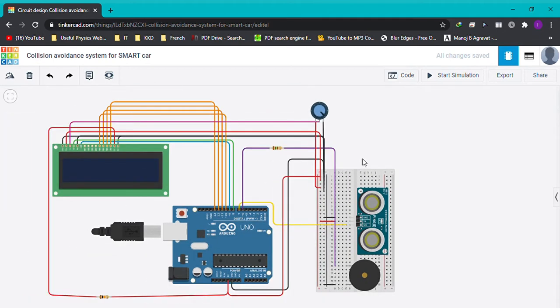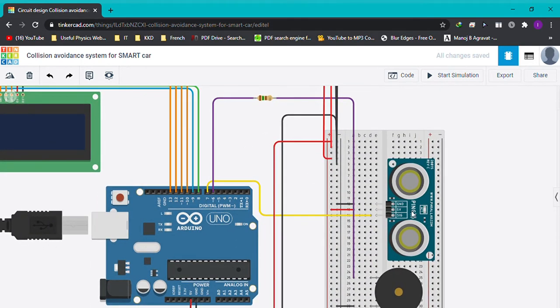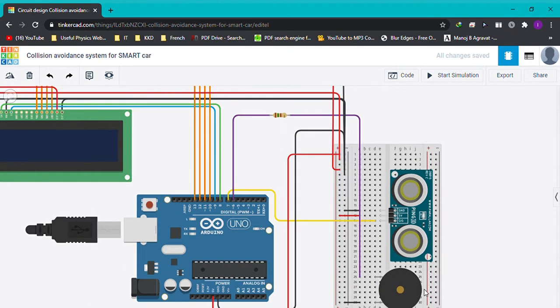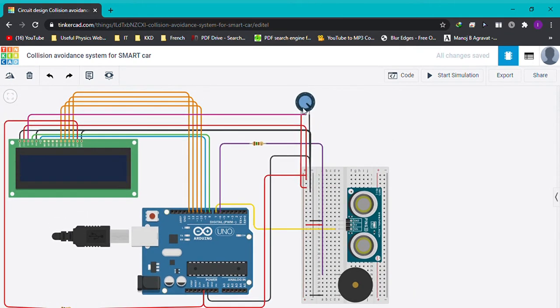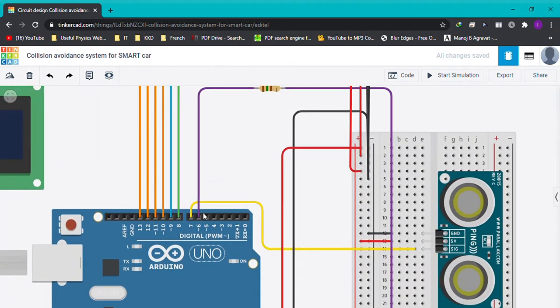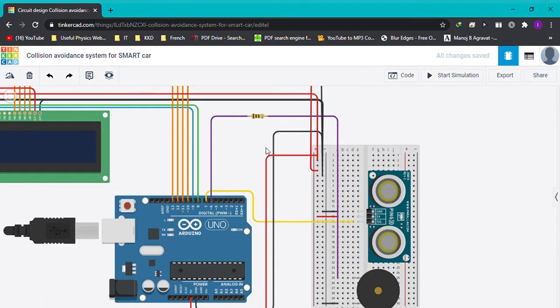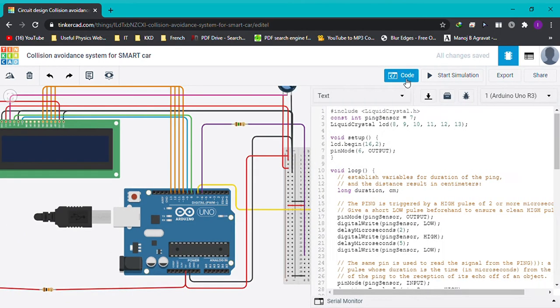For question number 2, this is the project. There's an ultrasonic distance sensor, a piezoelectric buzzer, an LCD, and also a potentiometer here. And these are the pins that were connected accordingly with colored wires. Now for the code,